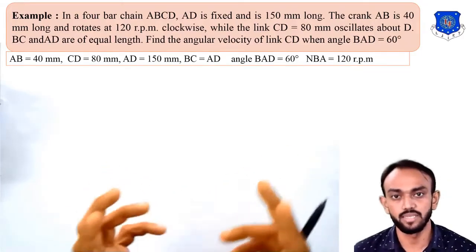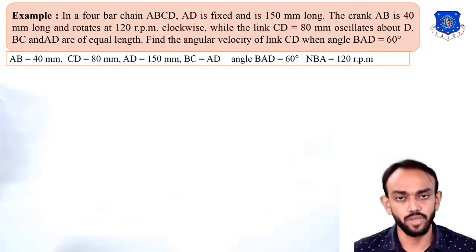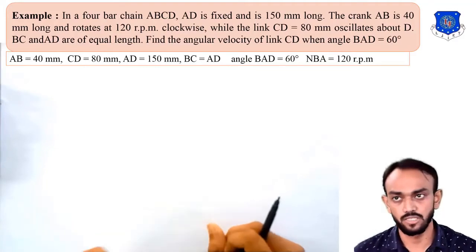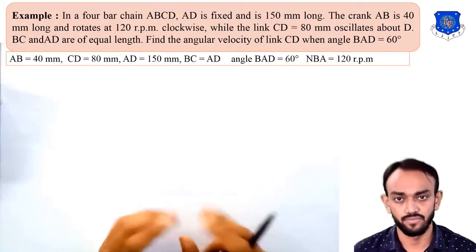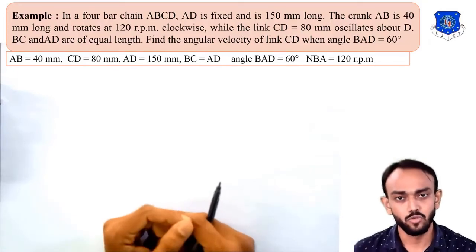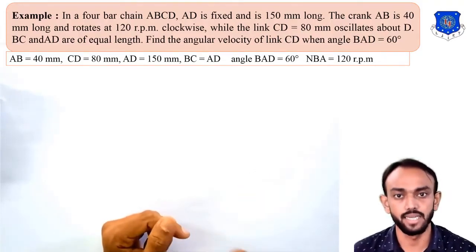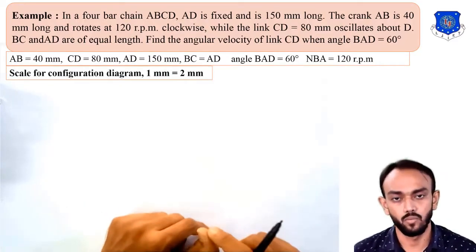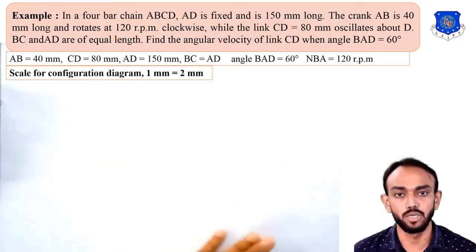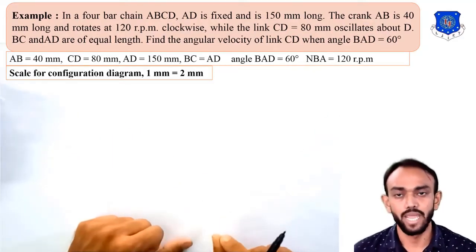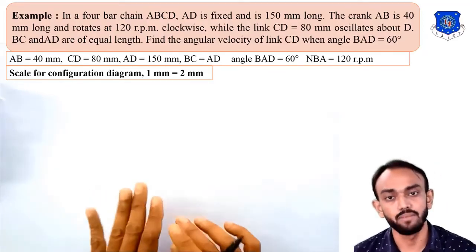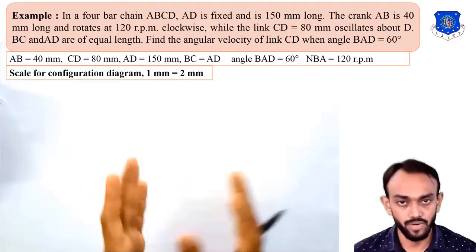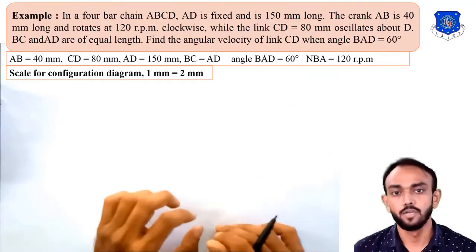So how can we draw this in our drawing sheet? First of all, we have to consider the largest and smallest dimension. Largest is 150 and smallest is 40. So 150 mm means 15 centimeter. So we have to scale down the dimension so we can draw easily. So we will take the scale as 1 centimeter in our drawing will be 2 centimeter in actual. So AB is equal to 40, but in our drawing it will be 20 mm only, and the largest dimension which is 150 mm will be 75 mm only. Okay, so we will draw this